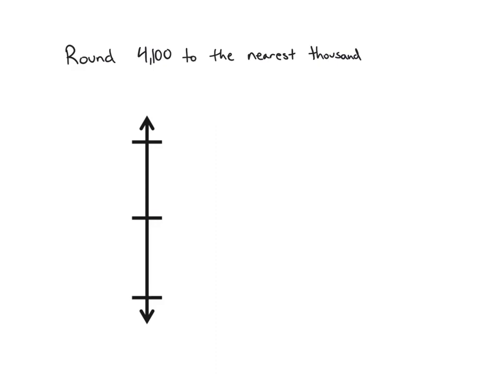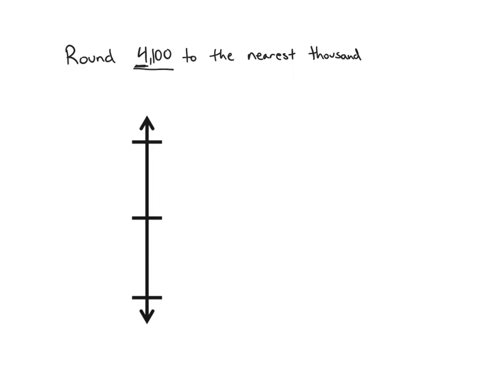So you may recall from previous years in math that the idea of rounding is where we're taking a number and finding a number that's a little easier to work with, that's relatively close to the original number. So we're finding a number that's approximate or close to the number, but it's typically a little easier to work with. So in this case, we're going to be rounding numbers to the nearest thousand. So that means we're either going to be rounding 4,100 up to the next thousand or down to the nearest thousand. And to do this, we actually take a look at the thousands place of the number in 4,100,